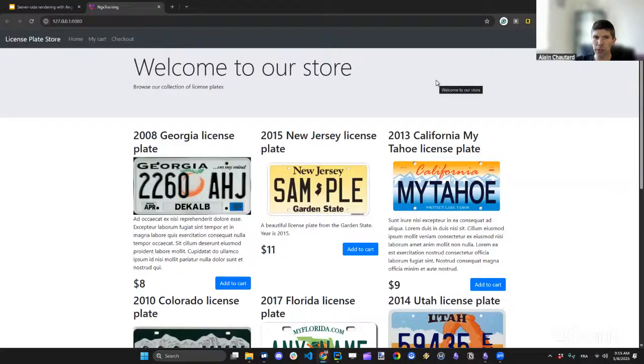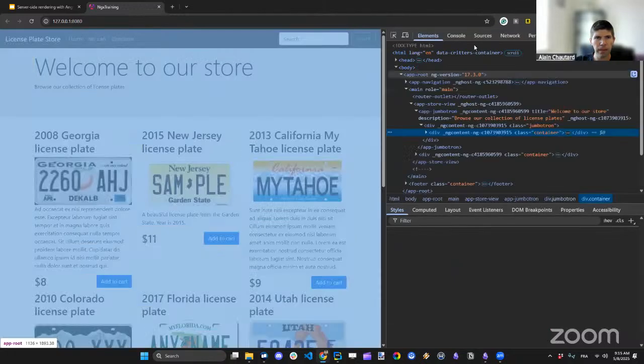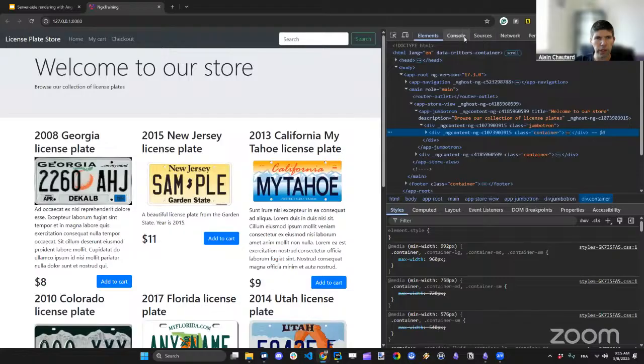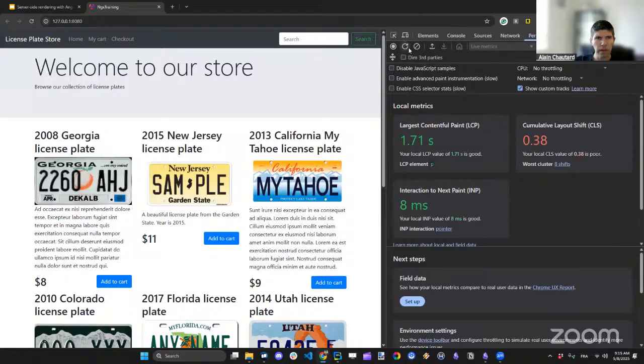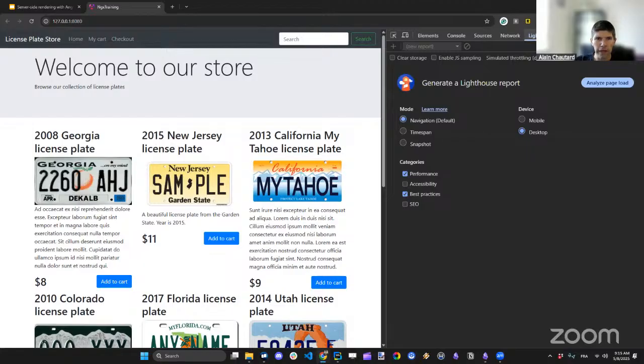So if I want to get insights on performance for it, I can right-click, inspect, and here I'm going to go to performance. I can clear all of this. And here you see there's a record button. So if I click, I got it wrong. Performance is different. Lighthouse is the tab I'm looking for. I go to Lighthouse,